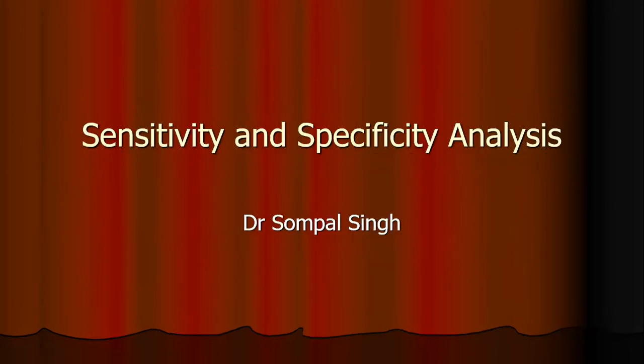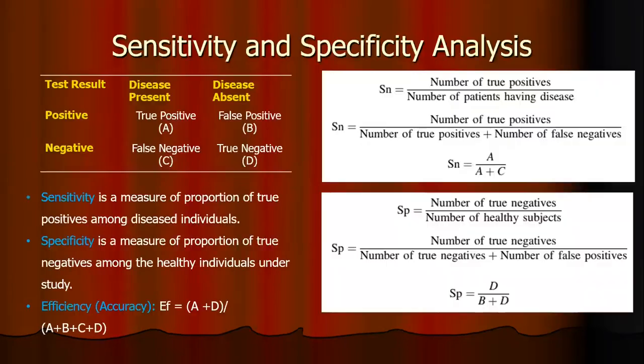Hence, screening tests should be very much sensitive and diagnostic tests should be very much specific. So we come on to sensitivity and specificity analysis. For sensitivity and specificity analysis, we need to make a table in this format. In the first column, the individuals with disease are tabulated. In the second column, individuals without disease are tabulated. In the first row, individuals who come positive for test are tabulated, and in the second row, individuals who come negative